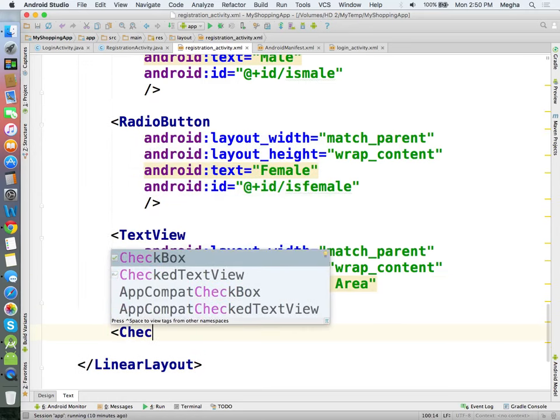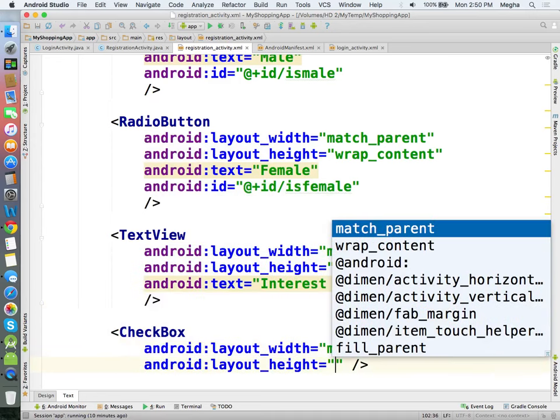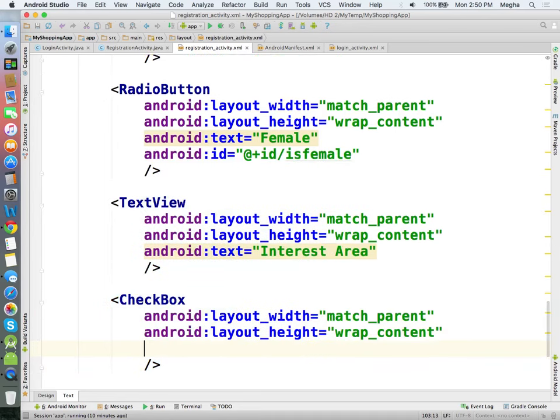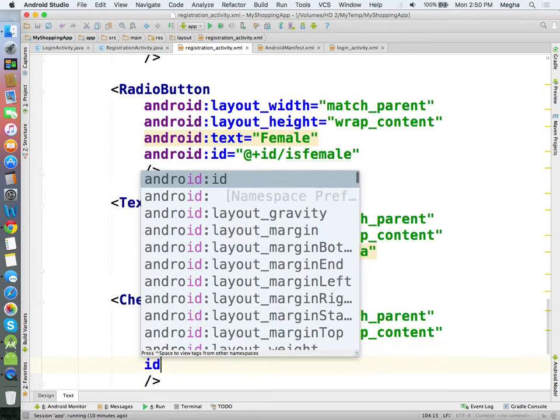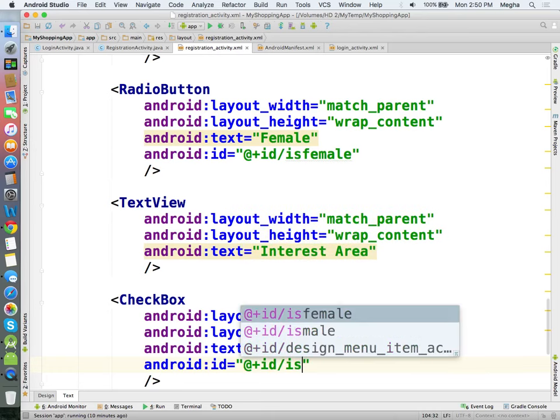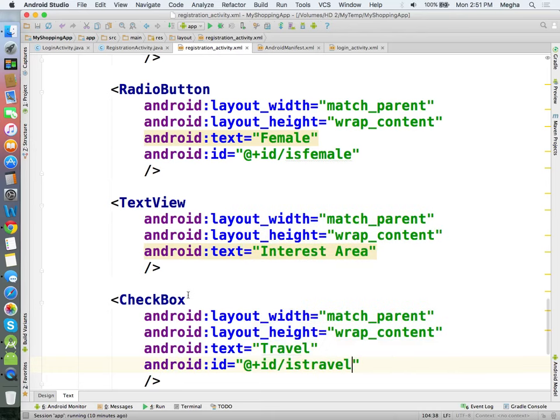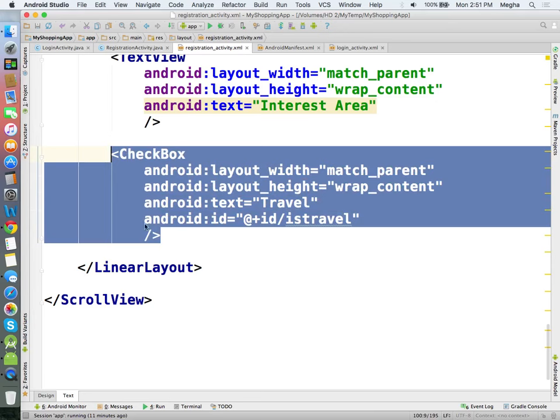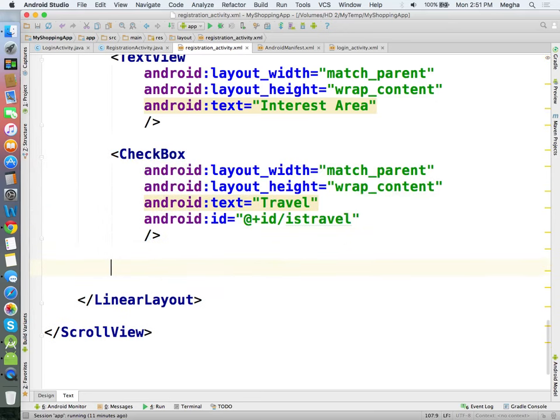A checkbox. See the naming convention. If it is a question, I'm adding just "is": is male, is female, something like that. So it will help me maintain some sort of preferences value.